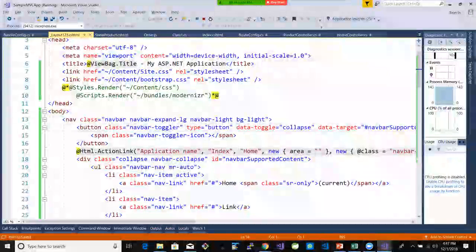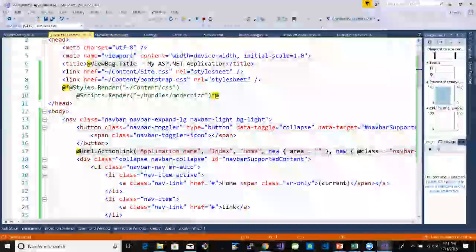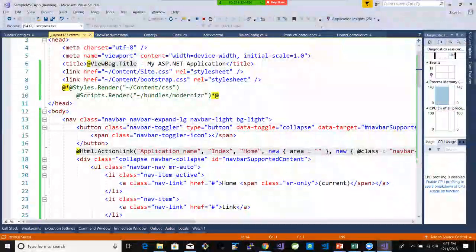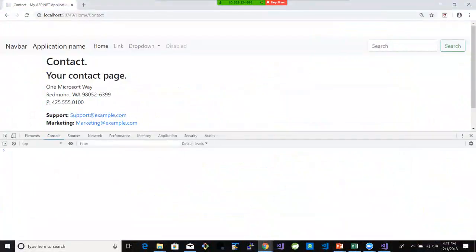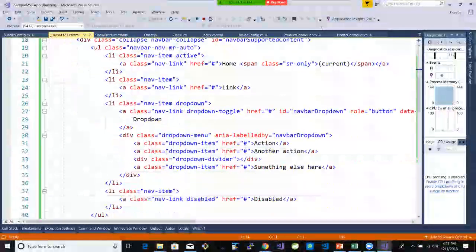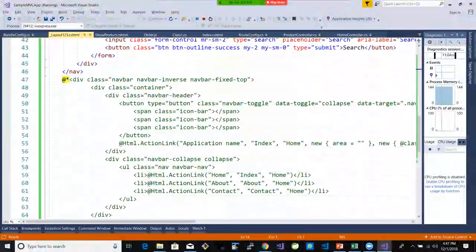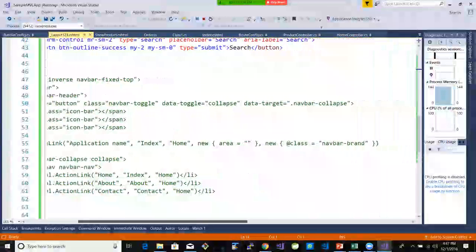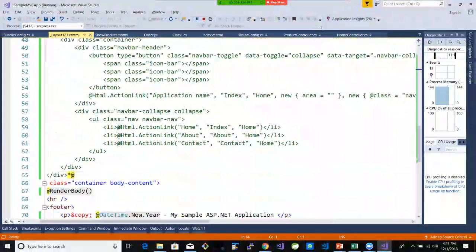Because for us, we really want the menu in the top, right? We want a navigation bar. And we want to be able to add our own names here, so that the names become our names. So here now I added application name, and then if I come down, there is